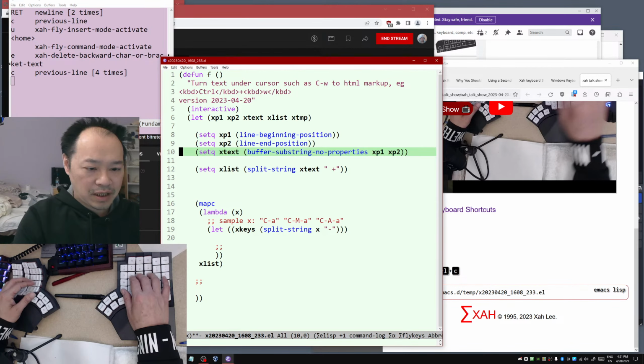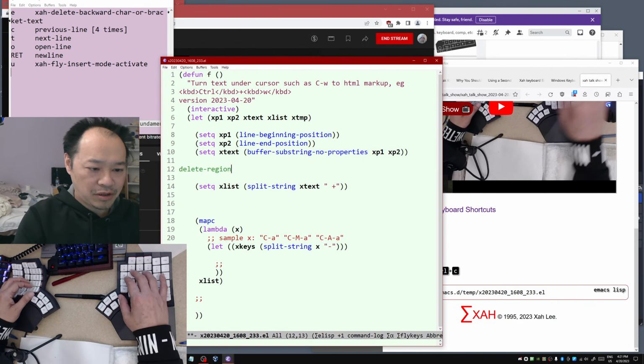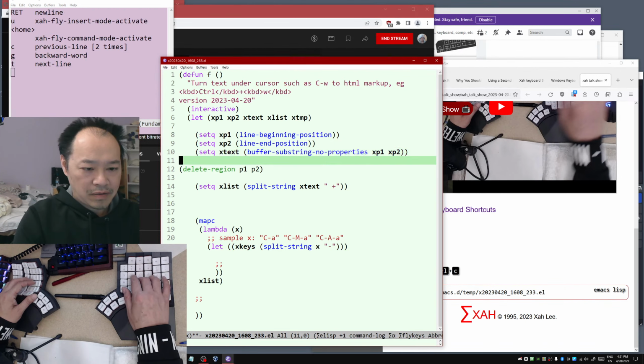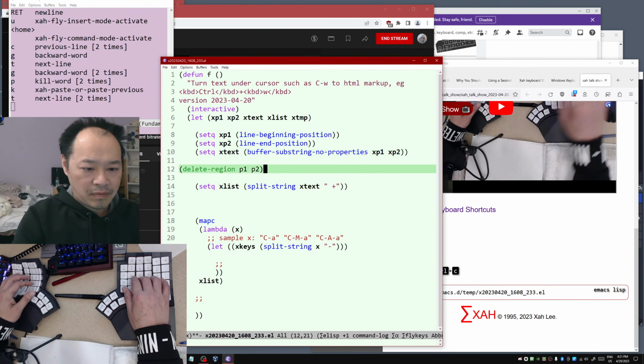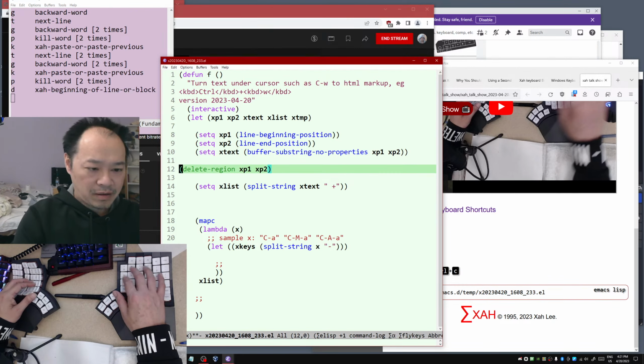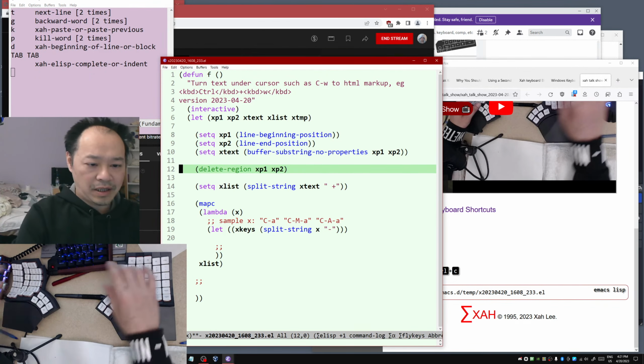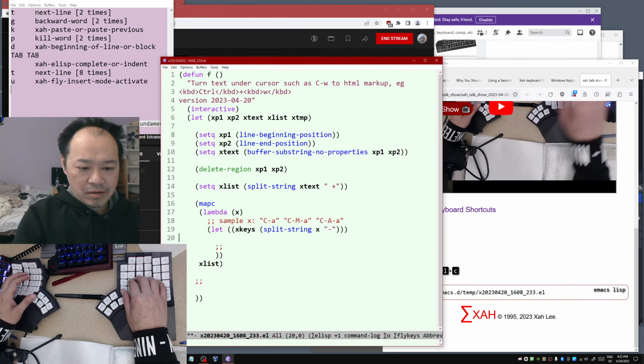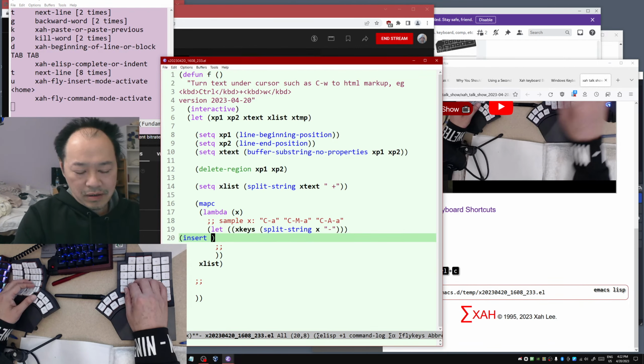Once you get the text, let's say delete region. There. So you deleted the current line, then you insert them here. So you're gonna insert,